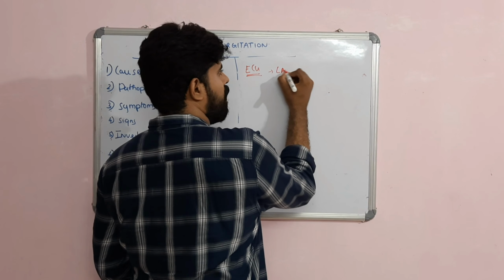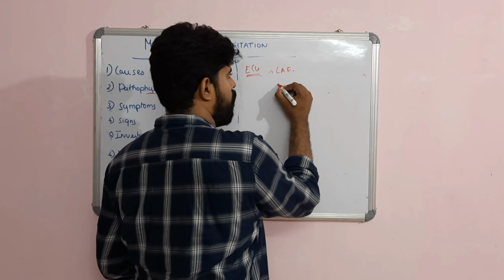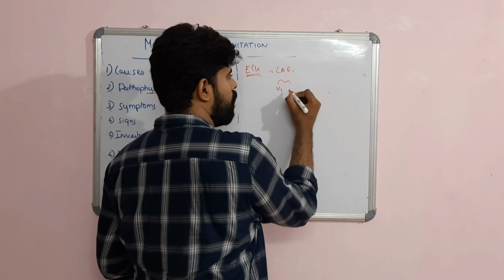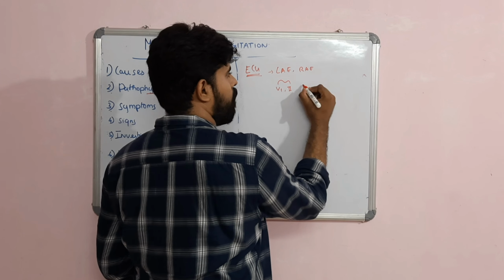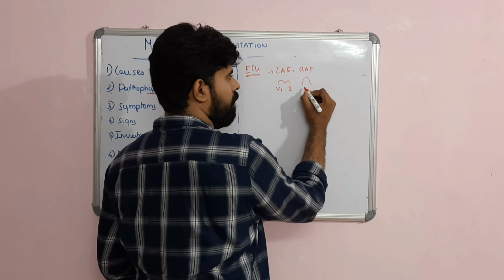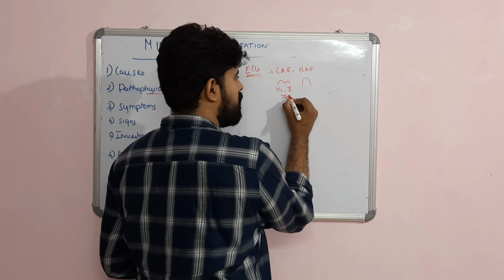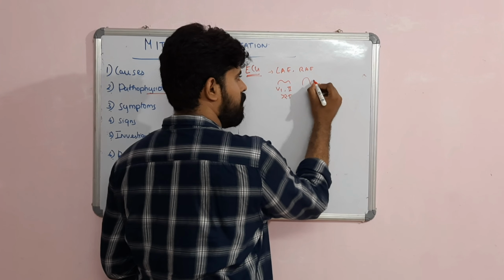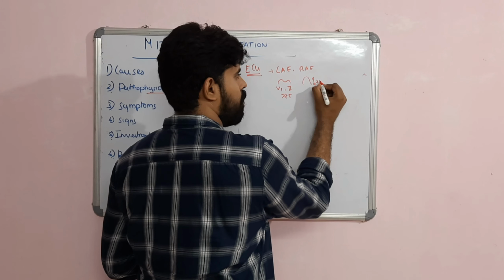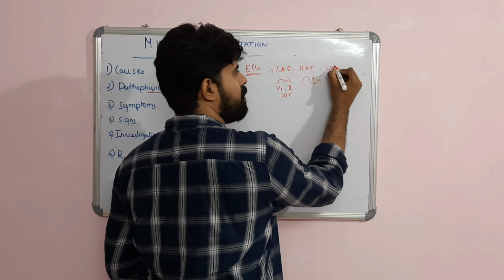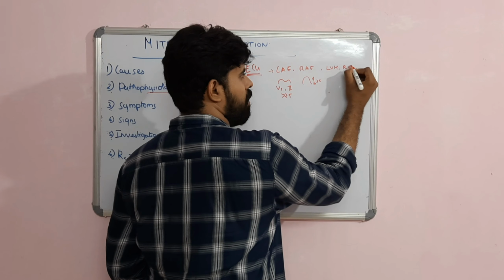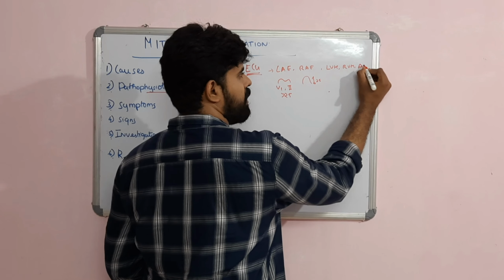The findings of LAE are in the form of broad P waves in V1, and right atrial enlargement in the form of tall T waves in V1 and V2, with height more than 2.5 small boxes. There can also be evidence of eccentric left ventricular enlargement, right ventricular enlargement, or a manifestation of atrial fibrillation.